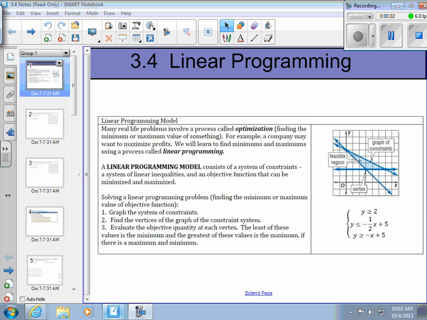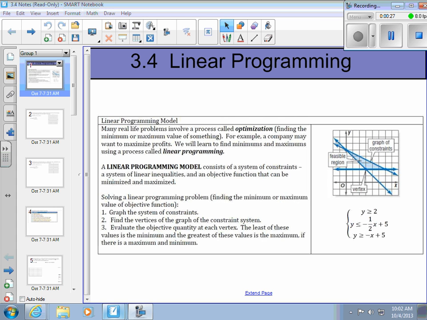Today we're going to look at linear programming. And your note sheet says many real-life problems involve the process called optimization, which is finding the minimum or maximum value of something. For example, a company may want to maximize its profits. So we're going to learn how to do this optimization of finding minimums and maximums by a process called linear